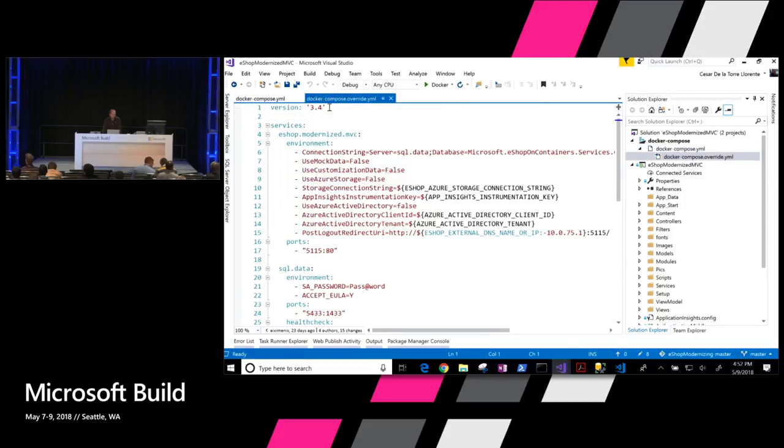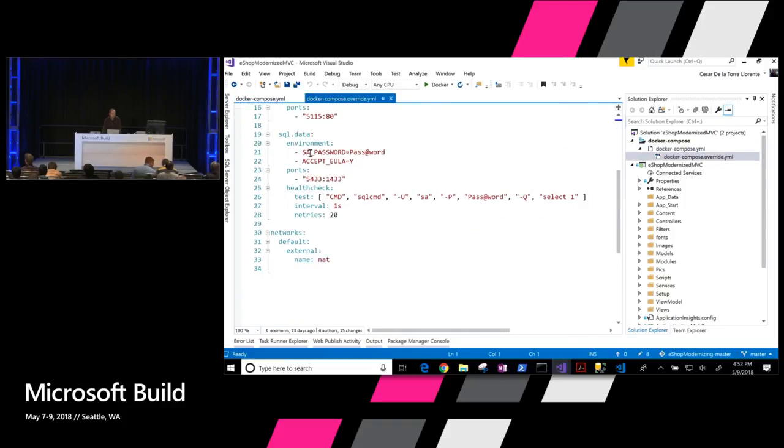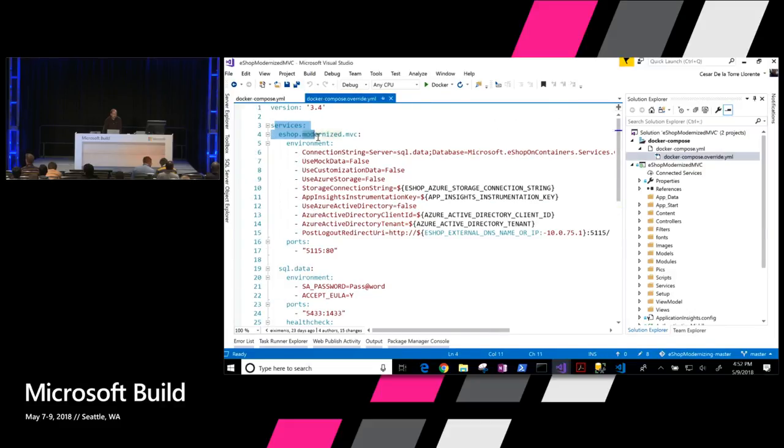And then in the Docker Compose override, you can see that we are putting the specific information for this environment. When we create that SQL container, I'm going to use this password or these ports, externally, internally, and so on. And then saying that my application is not just using a port, but also I'm using environment variables for the connection string, or saying if I want to use the mock data or not,